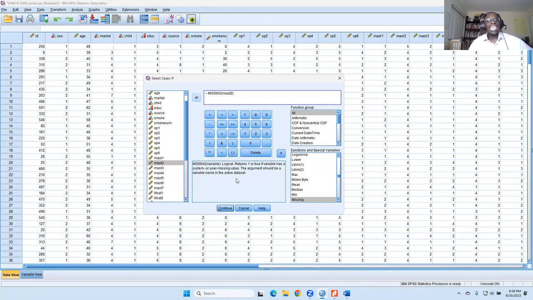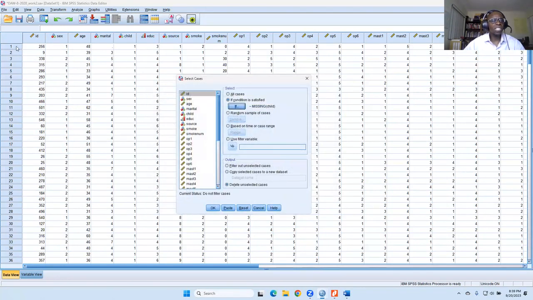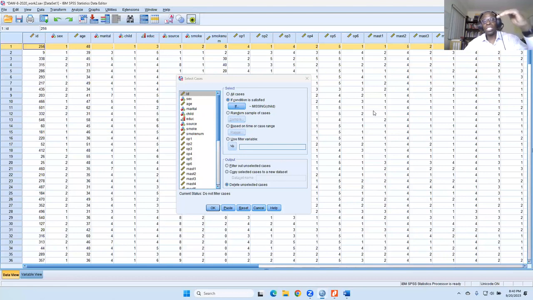Because remember, each row is a respondent. So 256 is a person. 9 is a person. 338 is a person. 315 is a person. 286 is a person. So when we say a case, we're talking about a specific person. Can we delete if we have more than one case? When you say more than one case, you mean more than one case missing inside of that particular question?